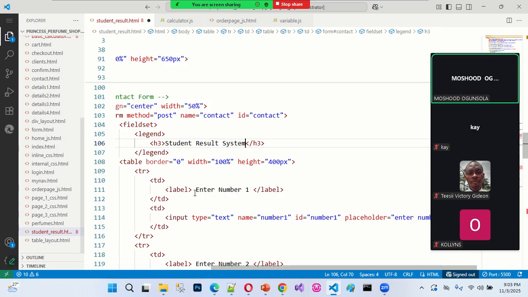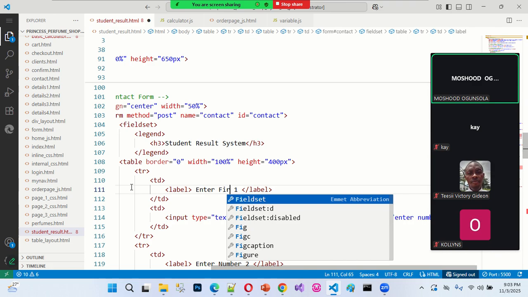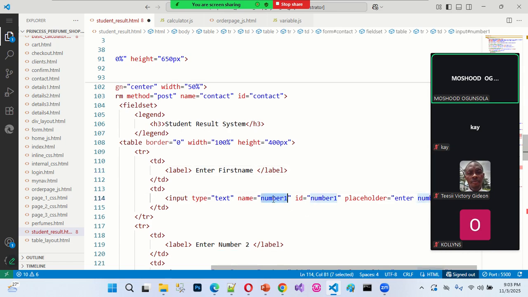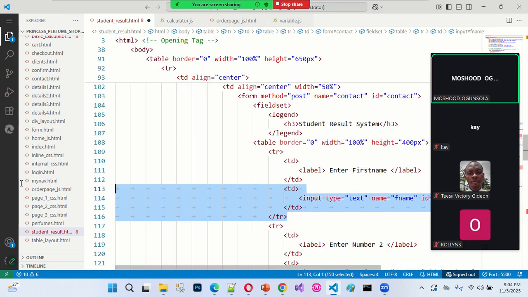First thing is going to be what? We enter the first name for the student. After that, this is going to be F name, and here too will be F name, and enter first name. Okay, so I'm going to duplicate this one